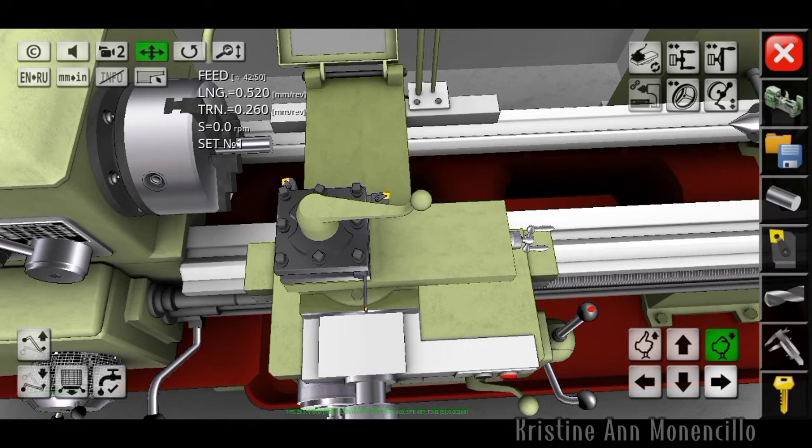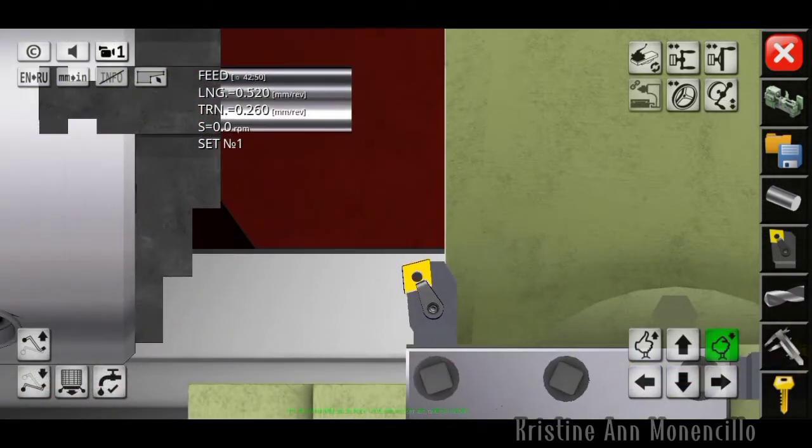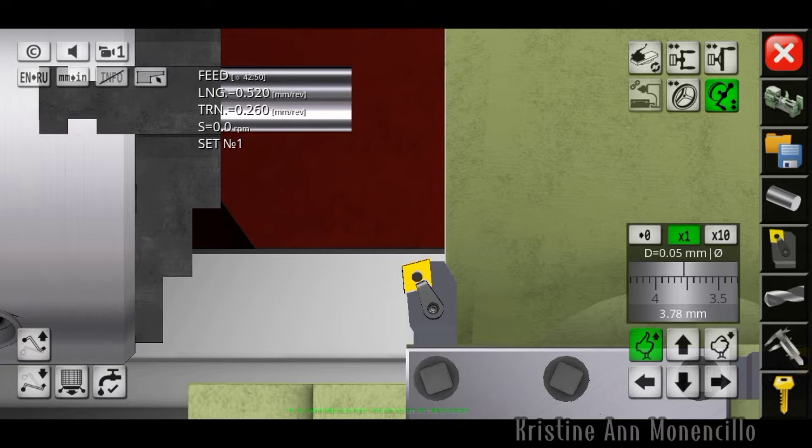Alright, so atong i-shift into camera 1 para makita jud nato siya. Okay? So to move our tool post padung sa ato ang forward padung sa atong workpiece, we just need to